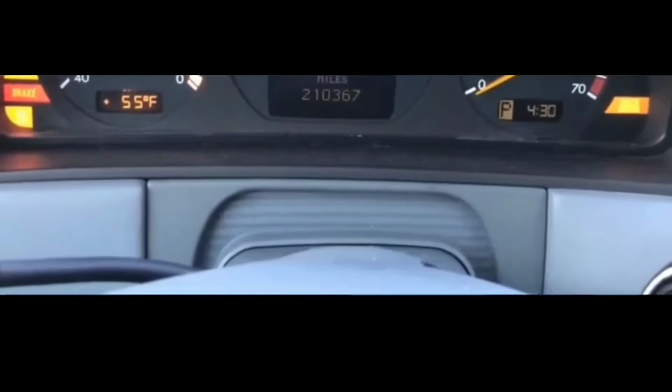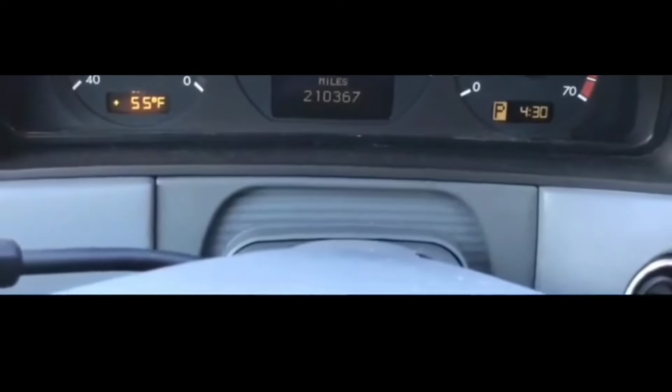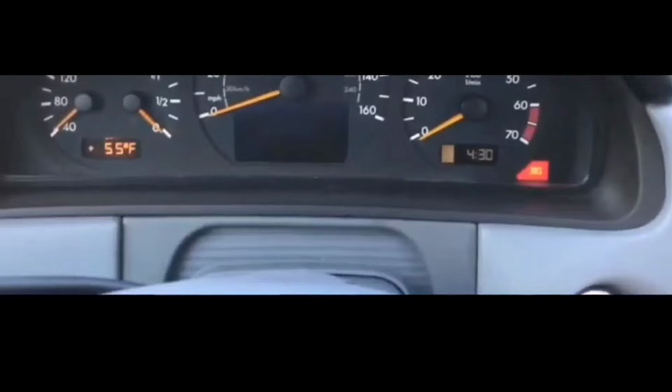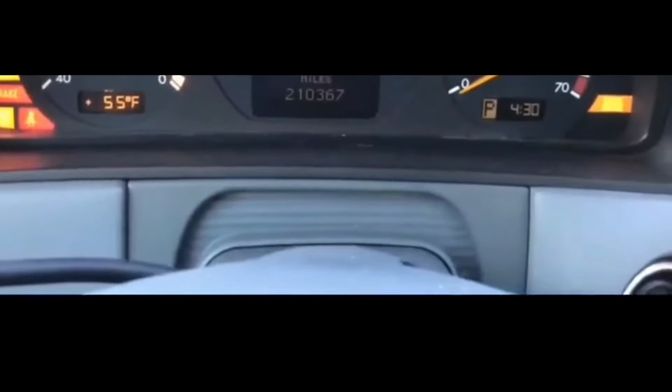In this particular case, let me tell you the symptoms of this situation. If you try to start it, it cranks. You're getting power, it cranks, but it doesn't run, it doesn't start. All right, so what you're going to do with this quick fix is in this generation,